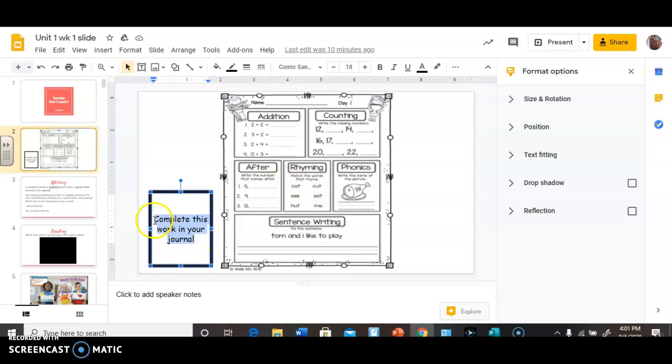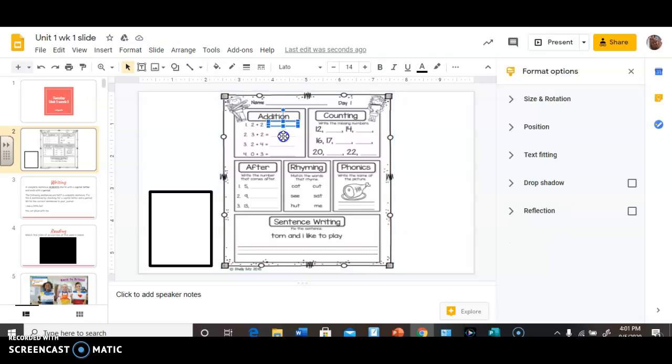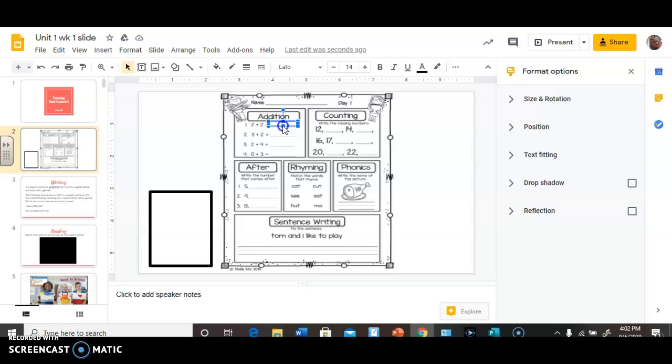Alright guys, when you get to this page, I have inserted text boxes for your morning work so that you can just type the answers in. So just click around. It may be being really slow right now. Anyway, there are text boxes. Just type your answers in, and when you are done, I think the easiest way to do it, there are